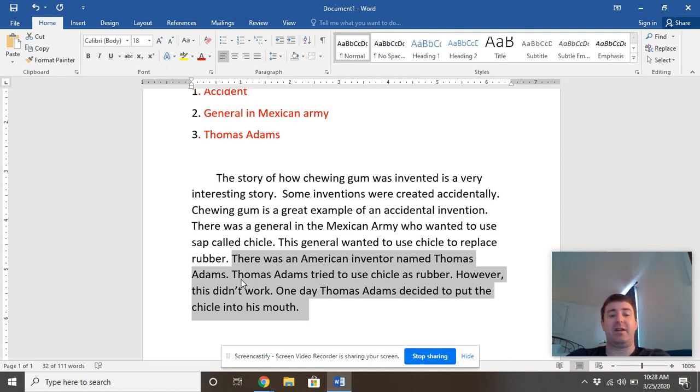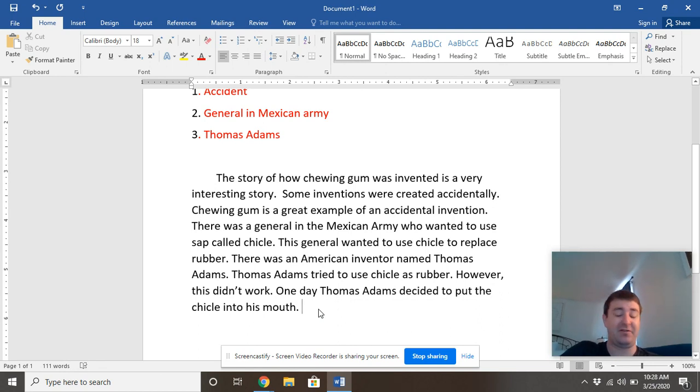I said there's an American inventor named Thomas Adams, so that we talked about. Thomas Adams tried to use chicle as rubber. And going right back to the text, he was trying to do what the general in the Mexican army wanted and make this as a substitute for what we know as rubber. However, it didn't work. One day, excuse me, Thomas Adams decided to put the chicle into his mouth, and here's where we finally explain how gum was invented. So let's say something along the lines of Thomas Adams loved it,